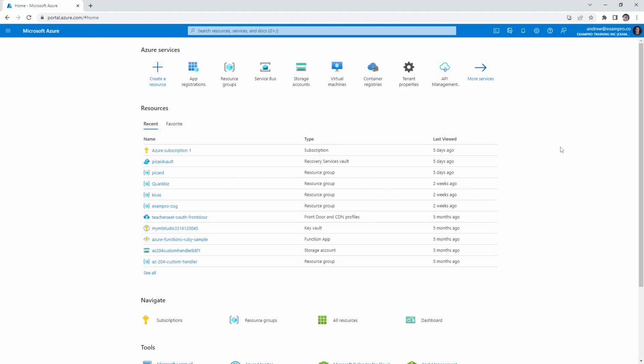Hey, this is Andrew Brown, and in this follow along, we're going to learn how to work with Azure's SDK. We're going to work with a variety of different languages, and we're going to interact, I suppose, with a